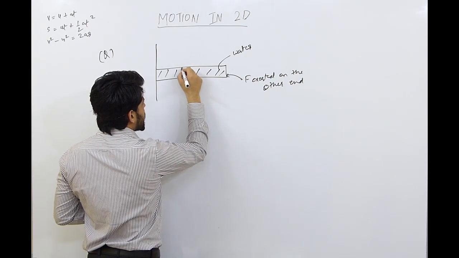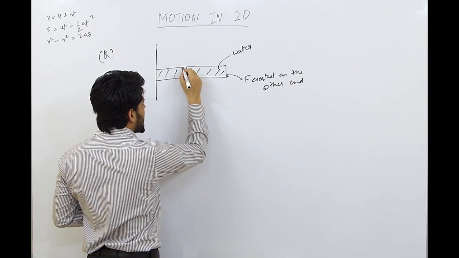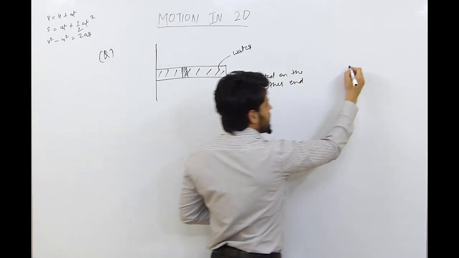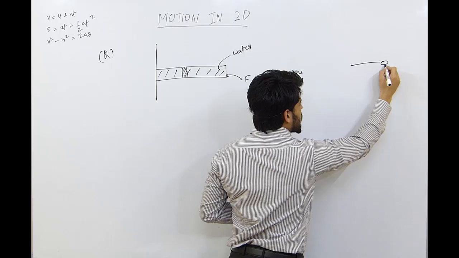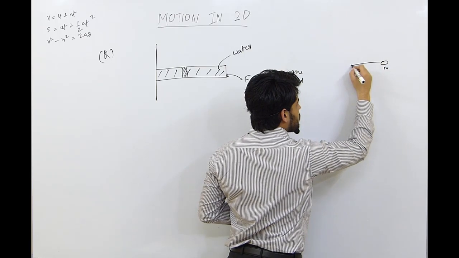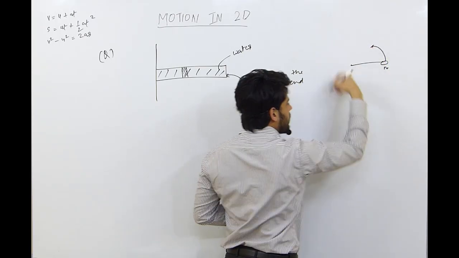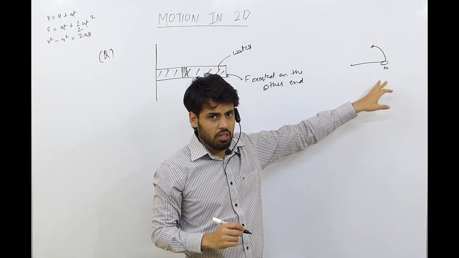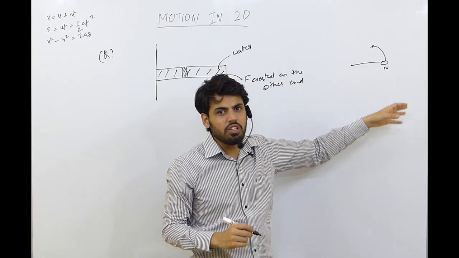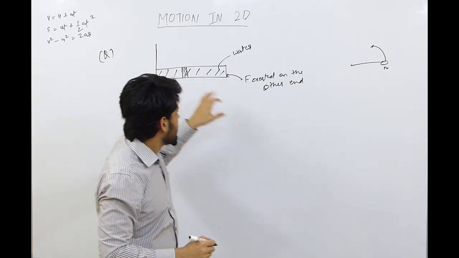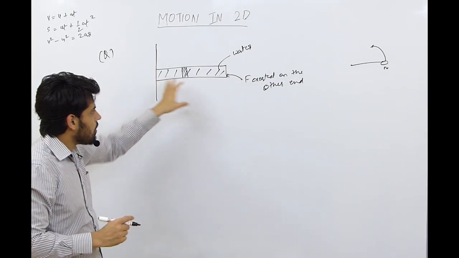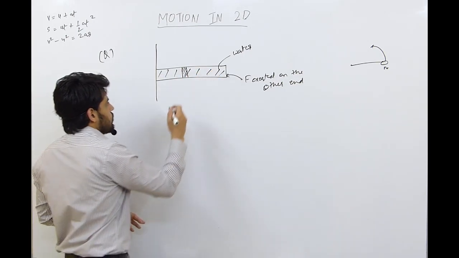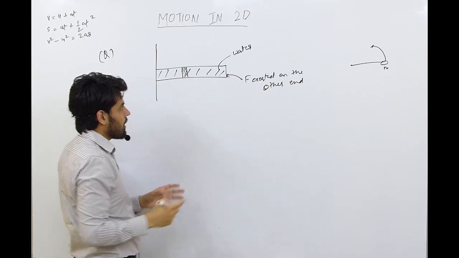So here we will take a small component. See, in this case suppose you consider this as a stone. If a mass is attached with a string and it is being rotated around the center point, then there will be a centrifugal force which is calculated as mv square by r. But in this case, mass is uniformly distributed in this tube. So we cannot just use mv square by r because mass is not